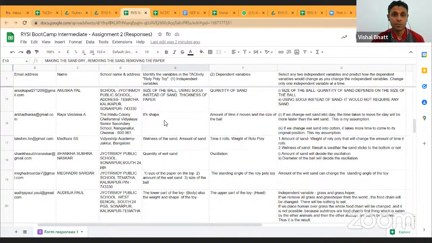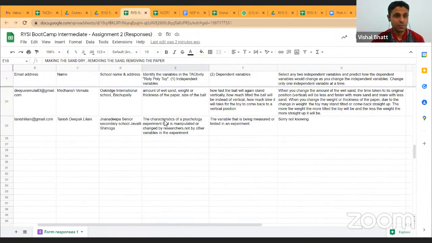So you were also supposed to find out which of these are dependent and which are independent. For example, some of you have said, let's say, the color of the ball. While the color of the ball is definitely a variable, so I'm sharing the spreadsheet where we have got the